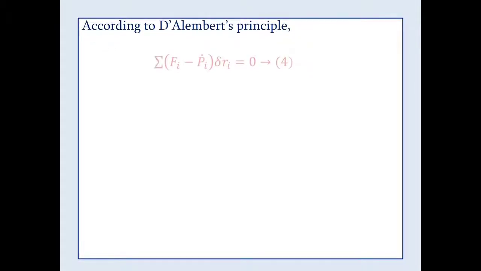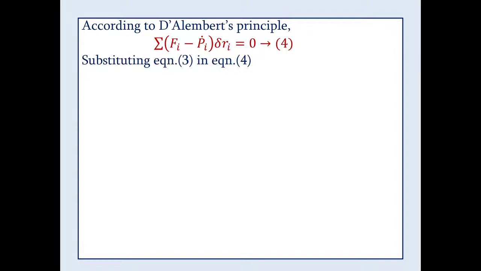According to D'Alembert's principle, we have already seen in the previous video, summed over i, (Fi minus Pi dot) into delta Ri equal to 0. This is the mathematical statement of D'Alembert's principle. Let us name it as equation 4. We already have the expression for delta Ri, that is the virtual displacement, in equation 3. Substituting equation 3 in 4, we get summation (Fi minus Pi dot) dou Ri by dou Qj into delta Qj